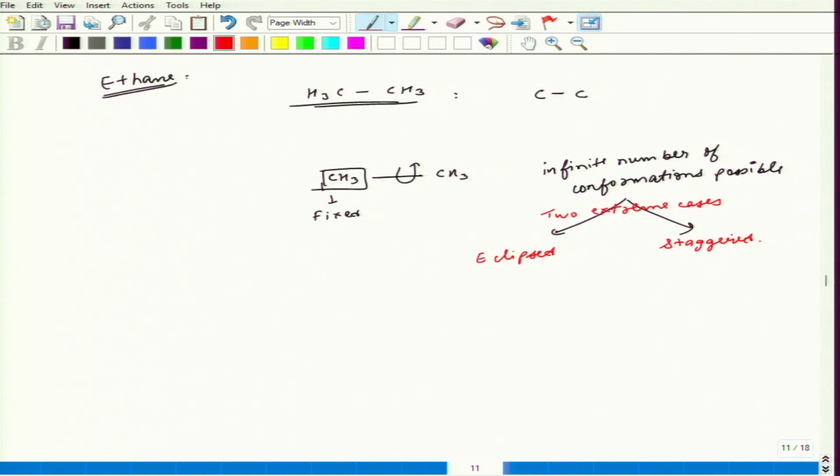Okay. So, these are the two extreme cases, eclipsed and staggered. What happens in the eclipsed case, what happens in the staggered case? Let us discuss this and how we can represent them in a 2D plane. So, what is the eclipsed? Eclipsed means the hydrogens